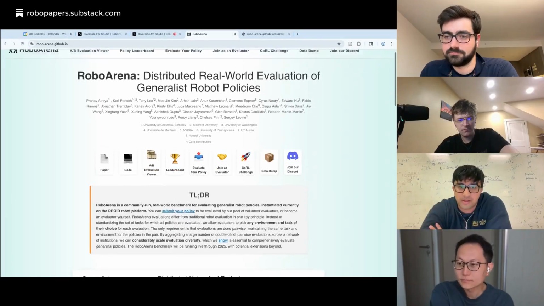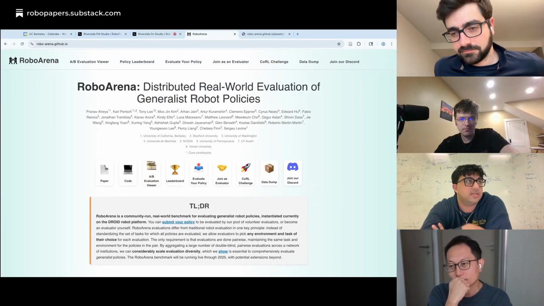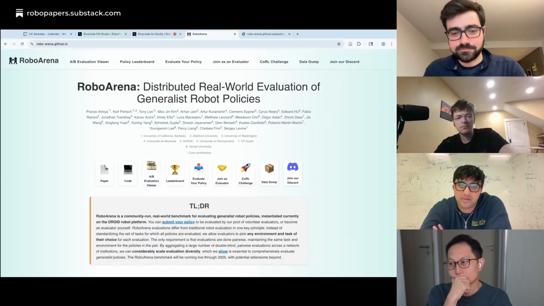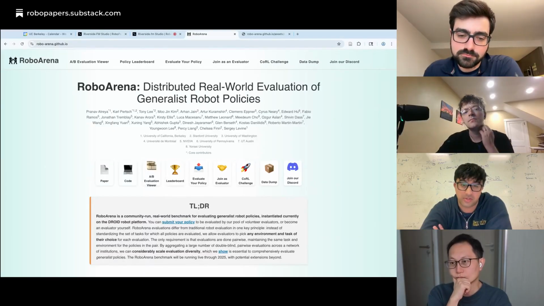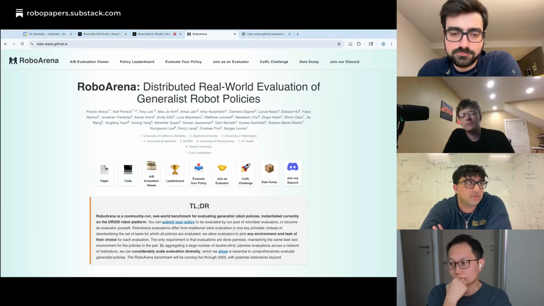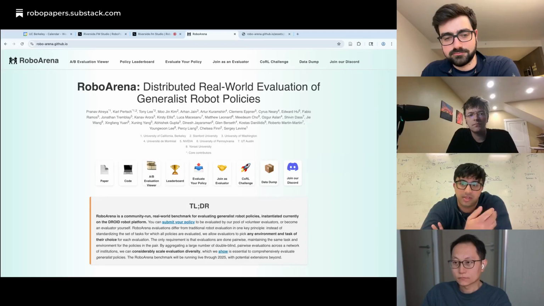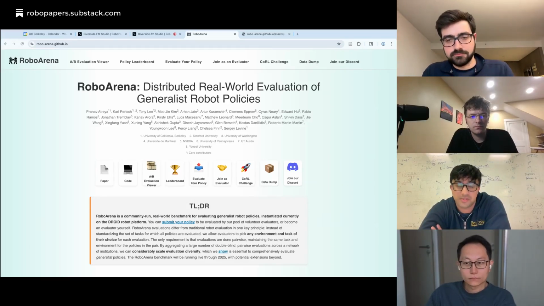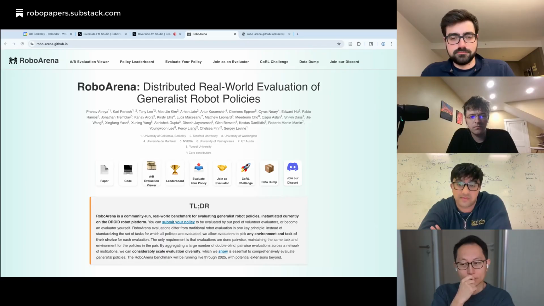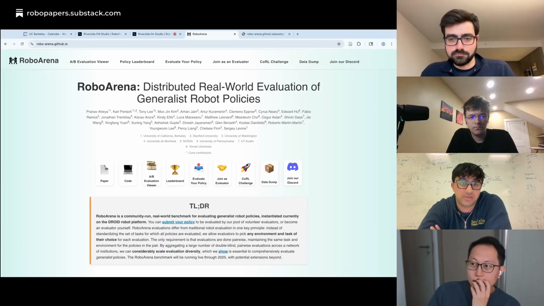So the main highlight of this paper is that we wanted to develop a way to properly evaluate generalist robot policies. And one thing we thought about as we were in the initiation stage of this project was that evaluating generalist policies, which is a policy that can do any sort of language commanded task, is uniquely challenging in a lot of different ways. I think one of the most important things that we came to realize as we were working on this project is that diversity of evaluations, putting the robot in different environments, different scenes, testing out different language instructions, was very